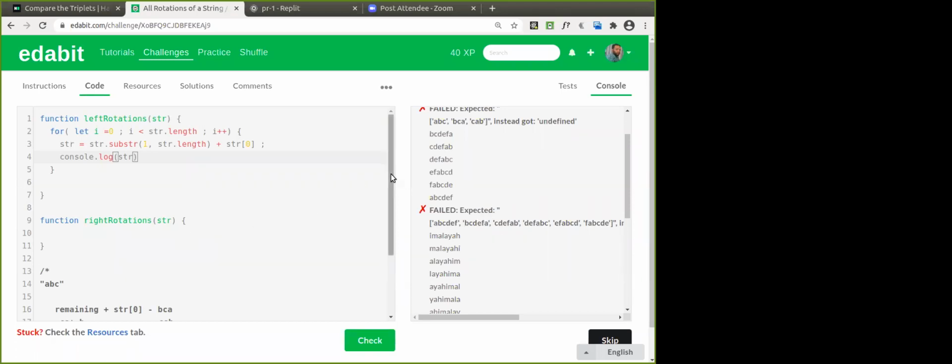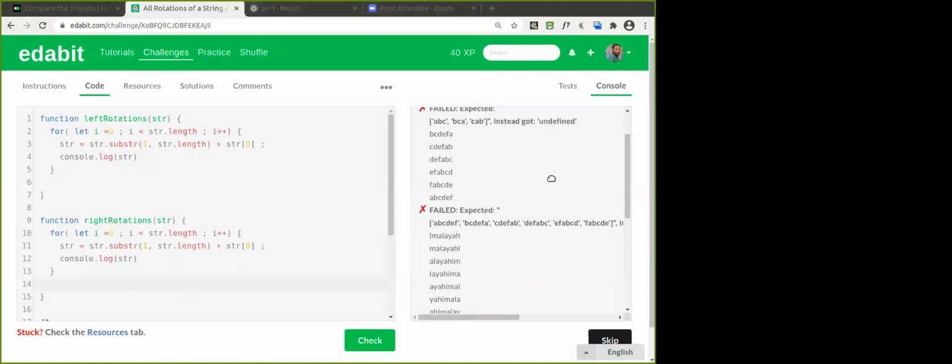Okay. Now let's move to the concept of right rotation. So how are you going to have the right rotation here? Do the same logic. Let's copy this as it is. Right, i equals 0, i less than string length. Okay, fine.